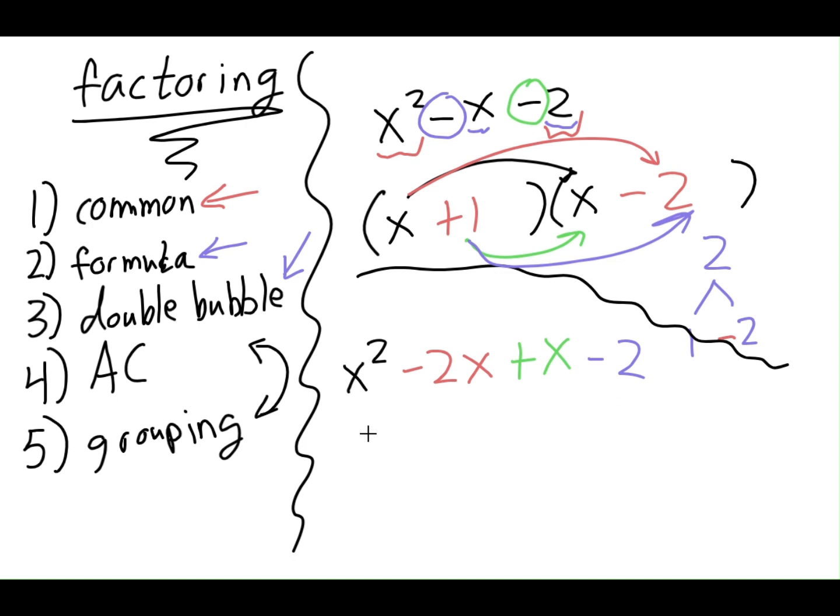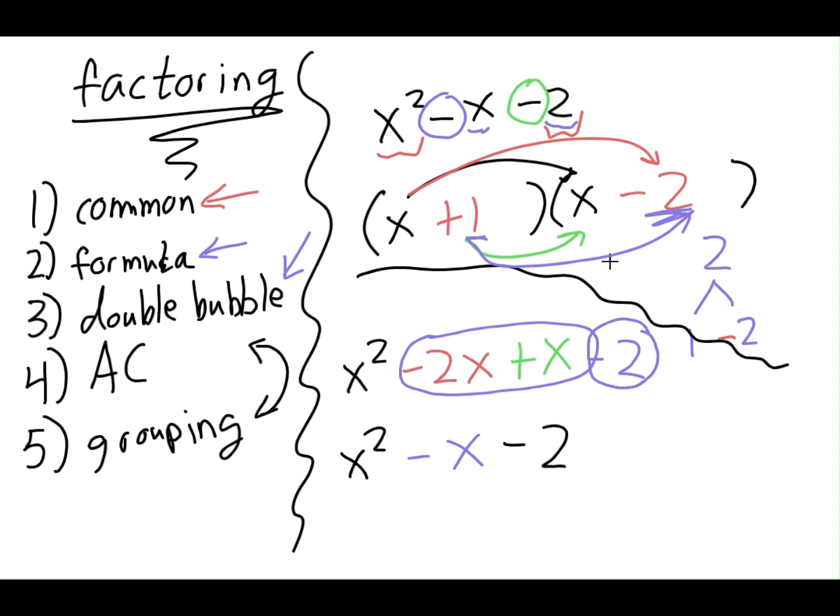Now if I simplify these, we have x squared. And these two terms in the middle are common terms. Negative 2 plus 1 is minus 1. And then minus 2. Now, if you look at what we did there, it should pop out, right? Why did we look for two numbers that multiply to give you negative 2? It's because in this blue one right here, we took 1 and negative 2, and that's where we got that